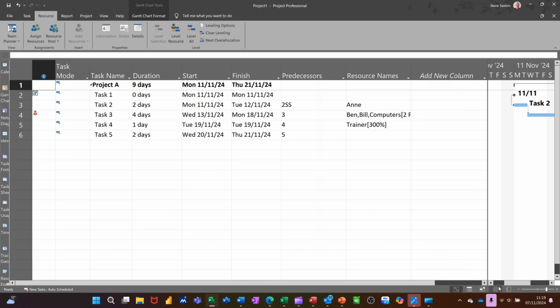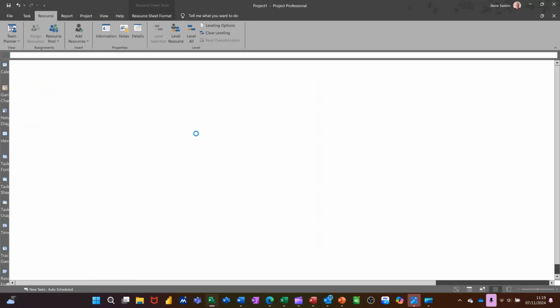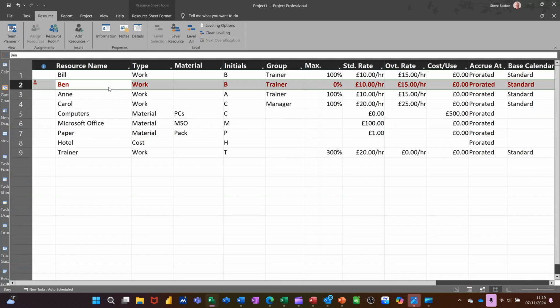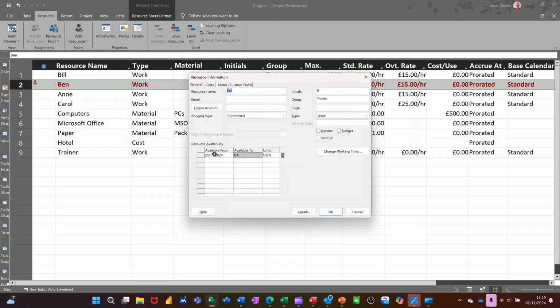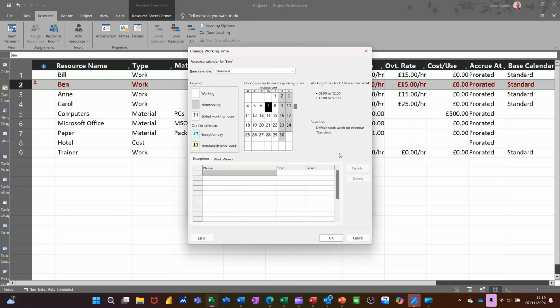I'll go back into it and go back into him and change that. So I'll put him back so he is available. All you do then is just put NA there, not applicable. You could also go into his working time and put him on holiday. These exceptions would be a holiday. So let's say I'll just put that down as holiday,